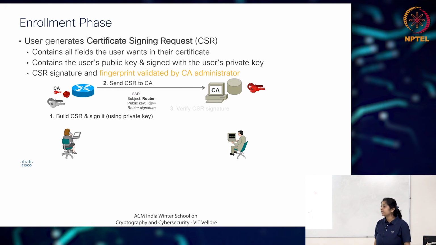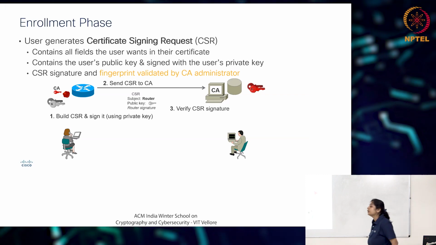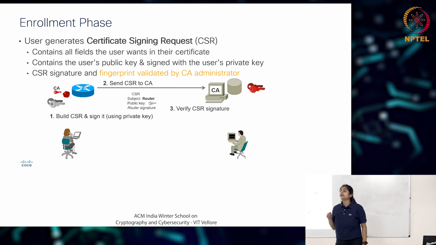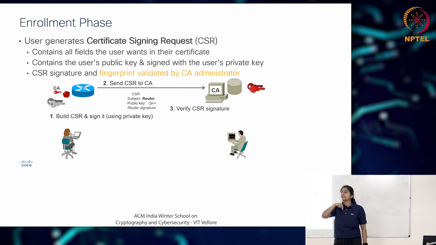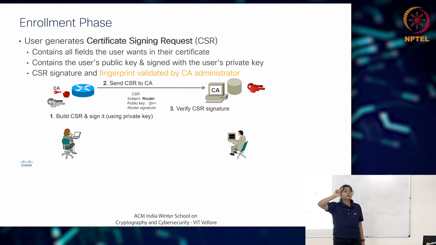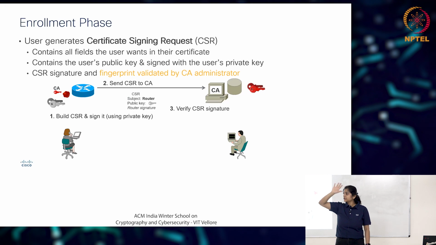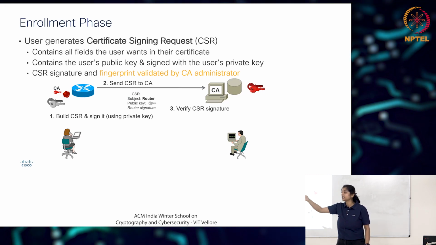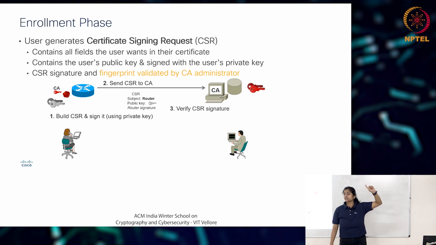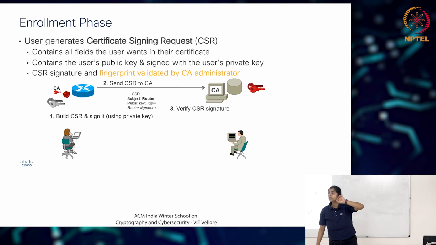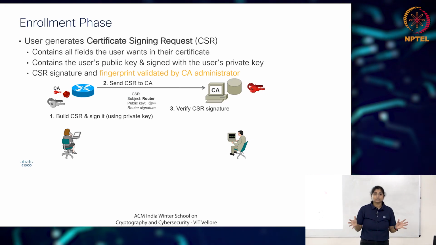You send the CSR to the CA. So the CA verifies the CSR signature. How does it verify? Because when you create a CSR, there are two ways, and in most ways, you actually authenticate yourself first with that CA. Remember, the first point was to connect to the CA, and then you got the CA certificate. So now you have the public key of the CA. That is why you're sending this to the same CA. Now if you send the CSR to some other CA, will they be able to generate the certificate? No. That is how the CA also knows that he is asking me to generate the certificate, not someone else.